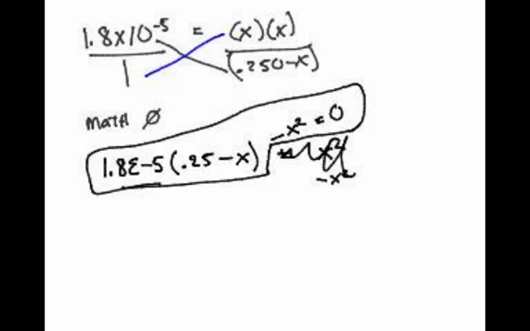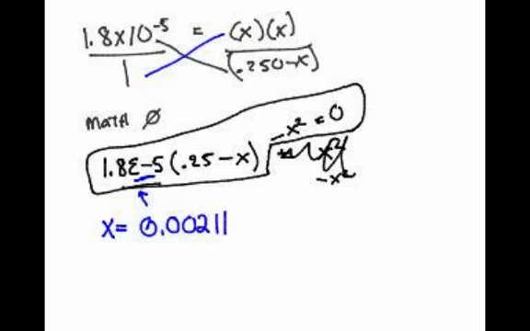Now x is going to be a really tiny number. I know that already. Now how do I know that, do you think, Mr. Sams? Well, it's a weak acid, so only a little bit of it is going to dissociate. And because the Ka is very small, 10 to the minus 5 is a pretty small number, you won't have very much dissociation. So what is x equal to, Mr. Sams? I'm putting that in my solver here, and I get